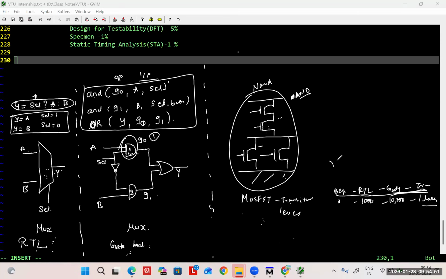So you have four styles of coding: behavioral coding, RTL coding, gate level coding, and transistor or switch level coding. Have you heard this? These are the different styles of coding in Verilog: RTL coding, behavioral coding, gate level coding, and this one, transistor level coding. Now people are asking Nitesh, can you just